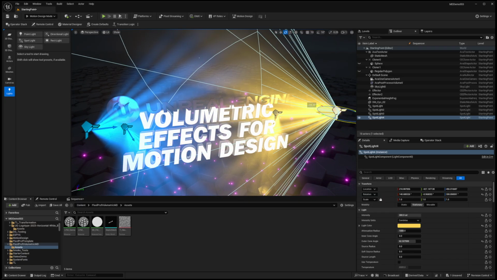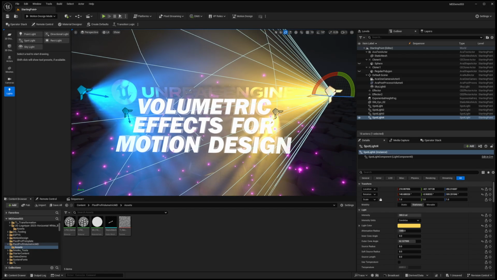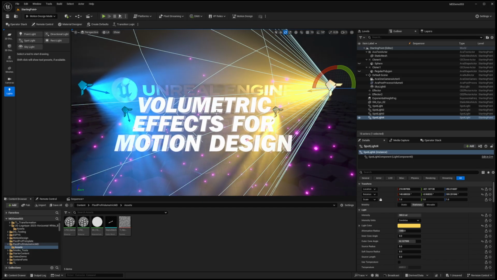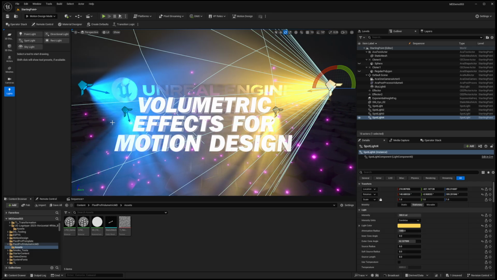And finally, one nice thing is, in the real world, if we had these four lights in a room filled with fog machine fog, the intensity of the light would contribute to the volumetrics as well as to the brightness of the lights themselves. And there's only one intensity for the light. But with digital lights, we actually have the ability to control the intensity of the light independent from its contribution